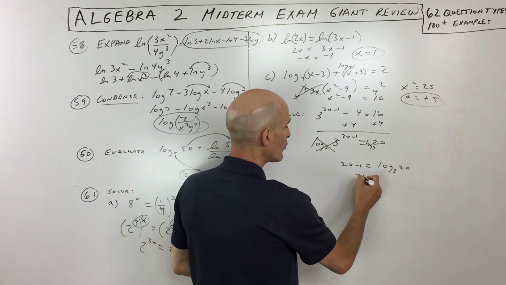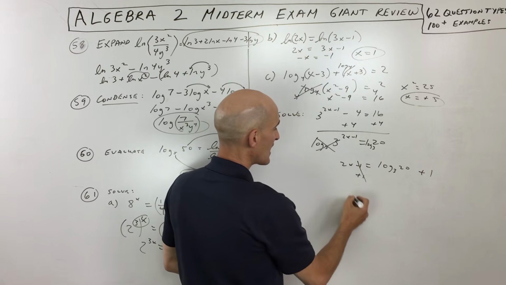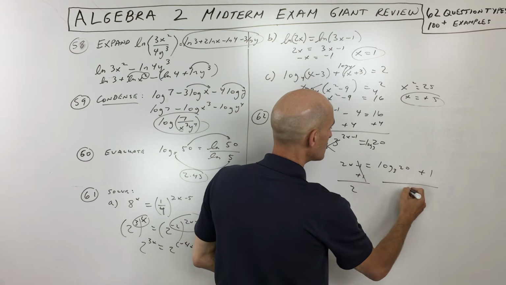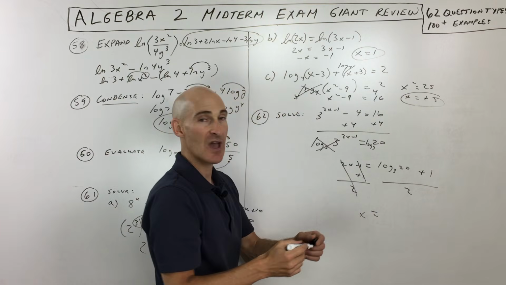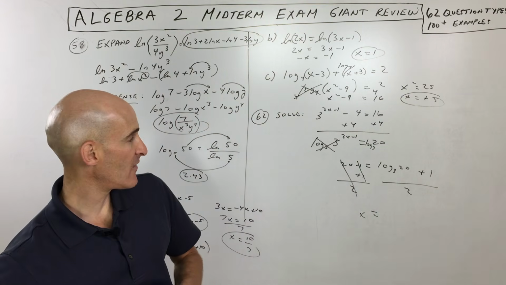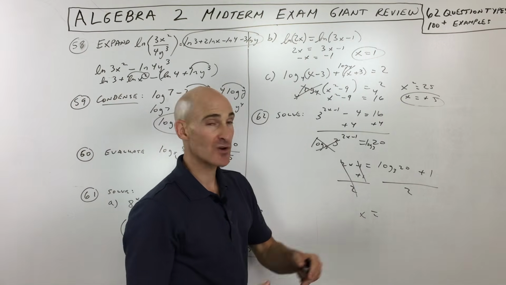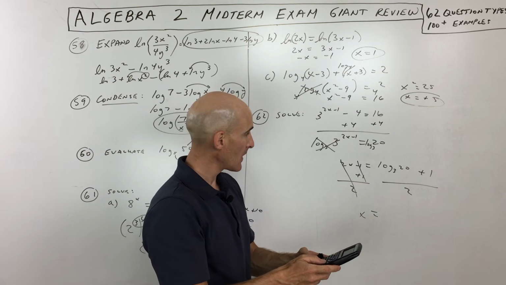Then you're going to add 1 to both sides. Okay, those cancel. Then you're going to divide both sides by 2. Okay, and you've got the x by itself. Now all you have to do is simplify and you got it. So I'm going to go to the calculator and simplify, but if this asks for an exact answer, that would be your exact answer. So let's see here.